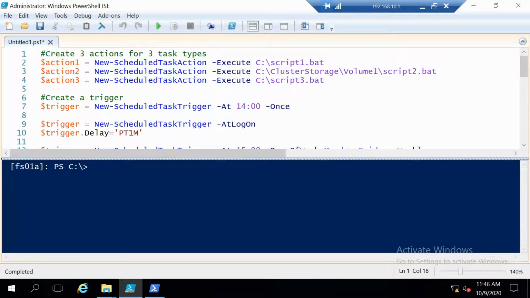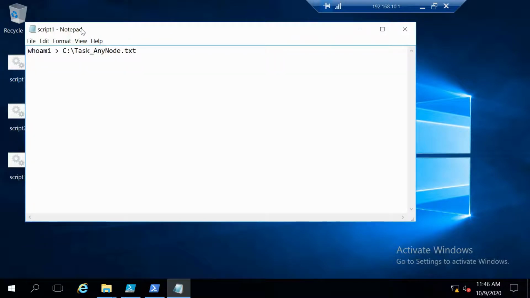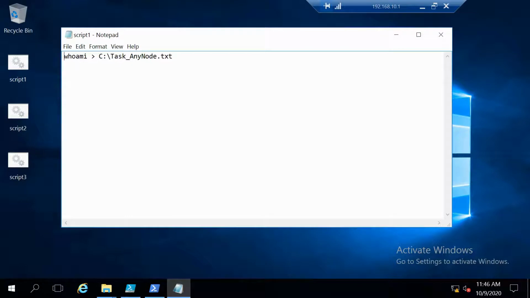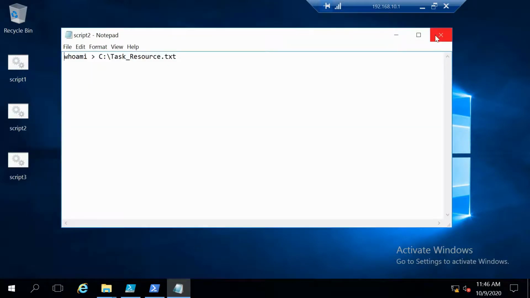And that was it for the theory about scheduled tasks in clusters. Let's now go over how to configure them using PowerShell. First, I made 3 scripts. Each script will be used by a scheduled task of a specific type. And in these scripts, I made a very simple whoami that will be placed in a text file. And each task will create a text file with the name of its type. So script 1 will create any node. Script 2 will create, I think, a resource specific, and script 3 will be the task that runs on all